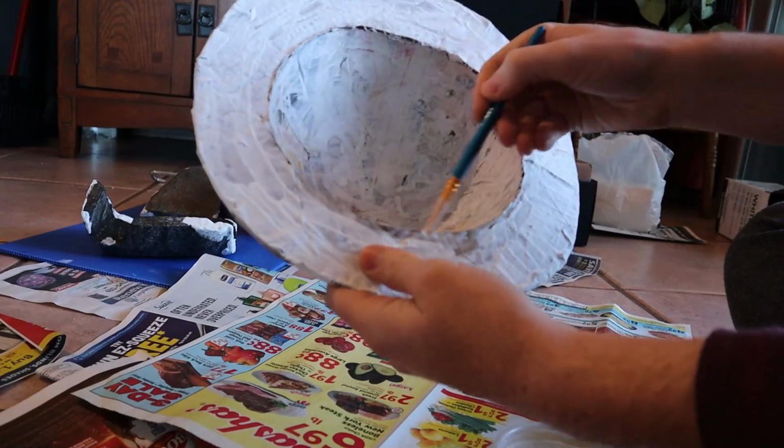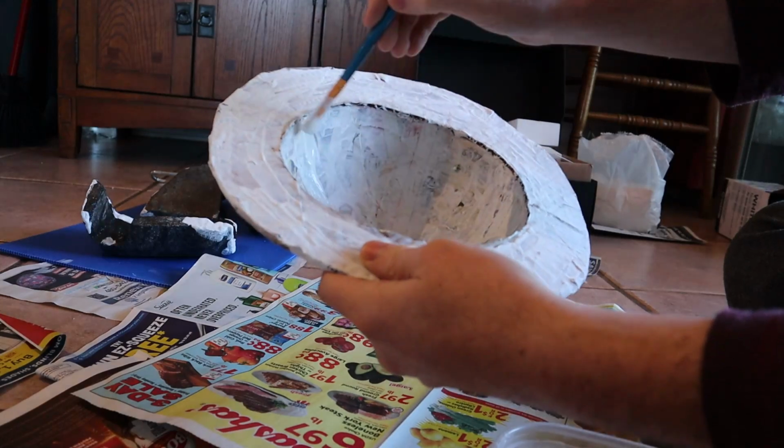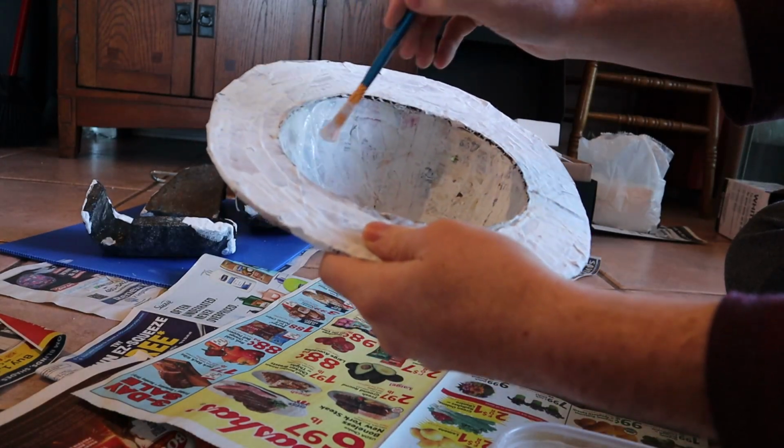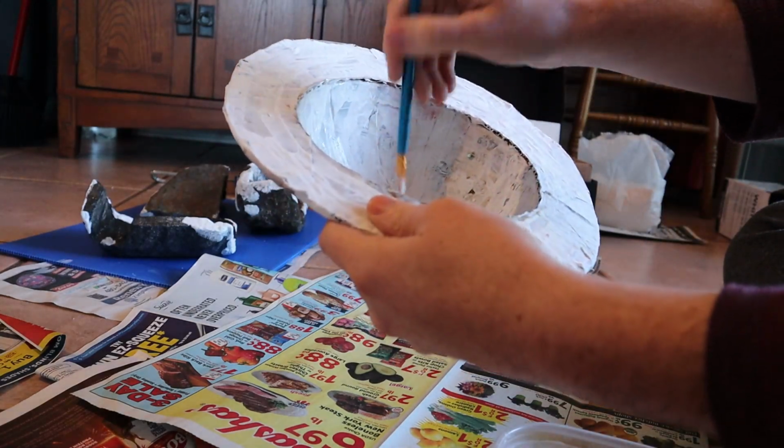Now while I'm waiting for the liquid nails to dry on Jupiter's ramp, I'm going to go ahead and do another coat of grout on the top half. And if you're wondering how many layers of grout to do, I don't really know. I'm not an expert in this by any means, but typically doing 3 or 4 layers of grout works pretty well for me,